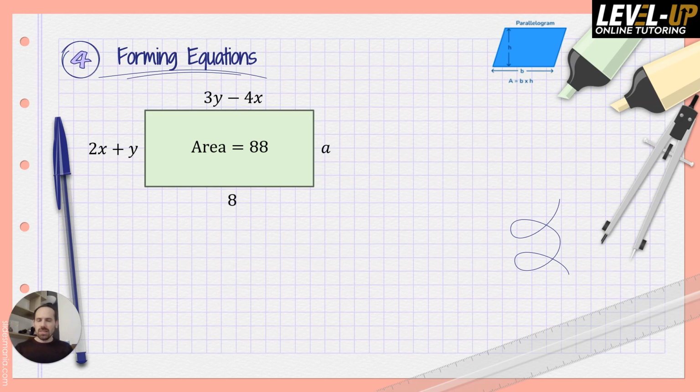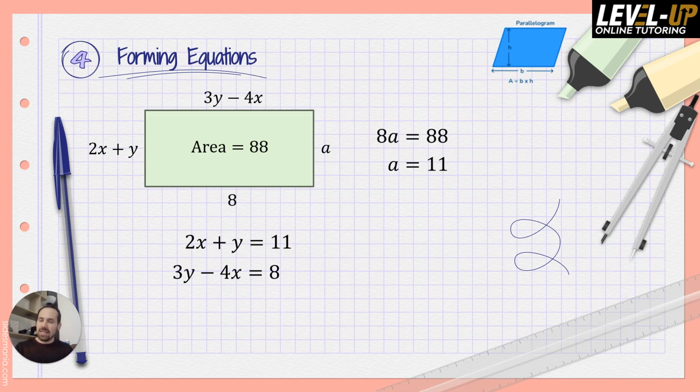So you might be able to spot, we can find out what the A is quite quickly because, okay, if we multiply the two perpendicular side lengths, 8 and A, it will equal the area, which is 88. So 8A is equal to 88. So A is 11. But we could use other properties of the rectangle, which is that opposite sides are equal to one another, aren't they? So we could get